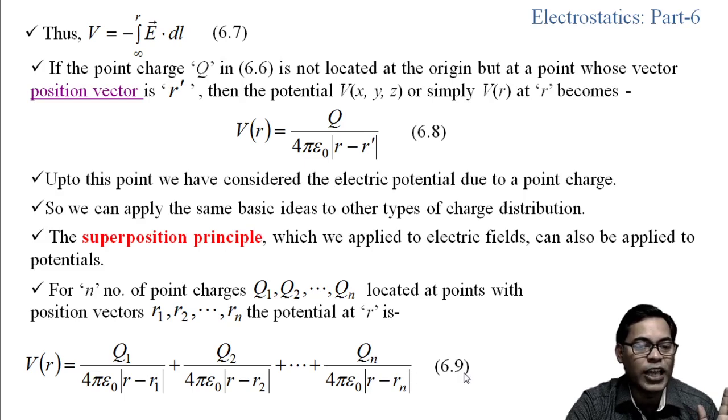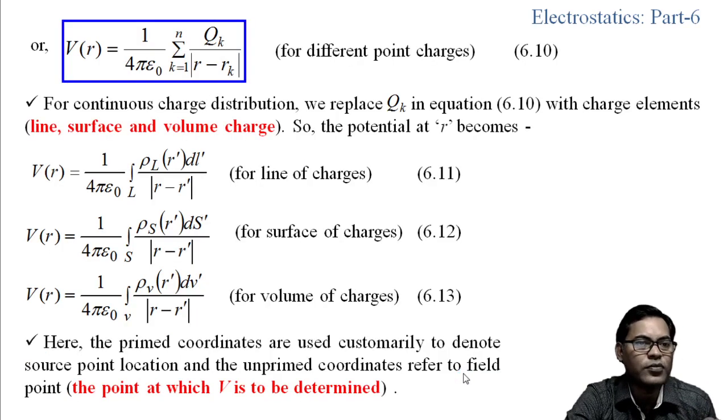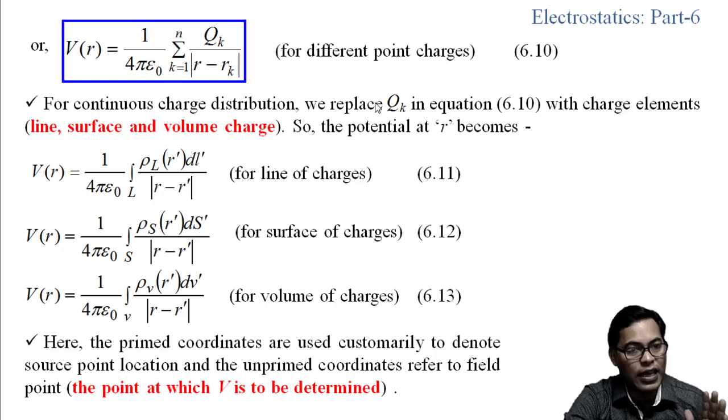So this is the expression for n number of test charges, from which we can find the potential. In the summation form we can write V(r) equals 1 by 4 pi epsilon naught summation of k equals 1 to n, q_k by mod of r minus r_k, for different point charges. Now, instead of n number of point charges, if we consider a continuous charge distribution, then we